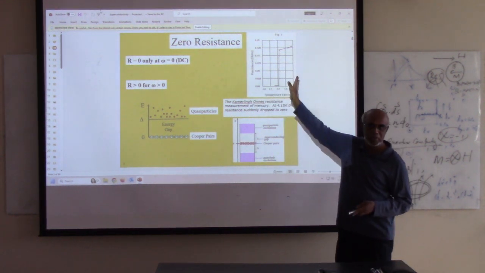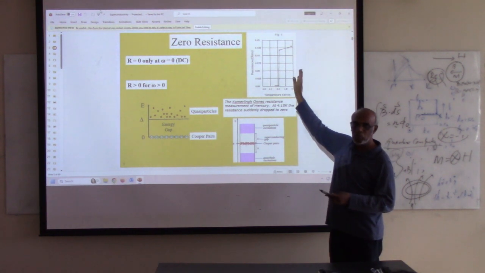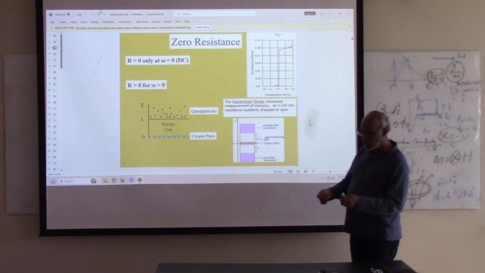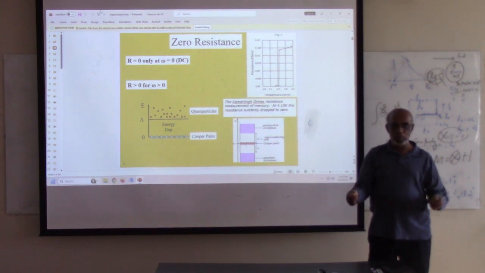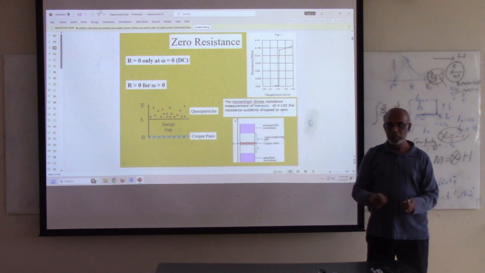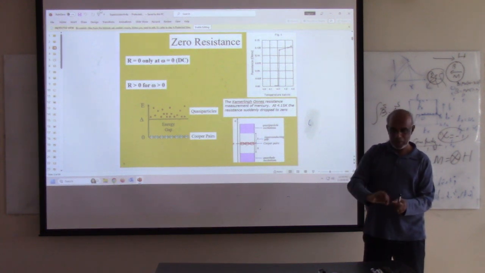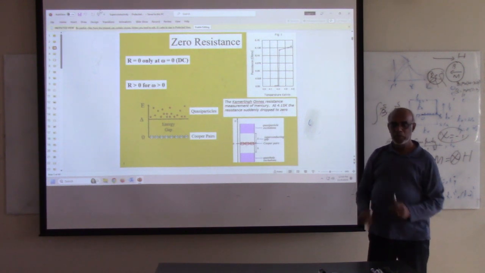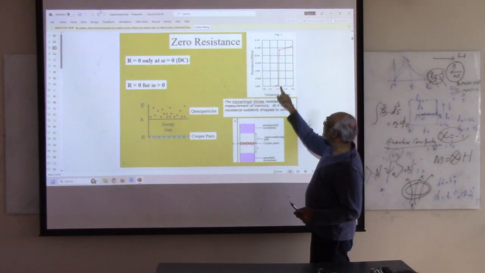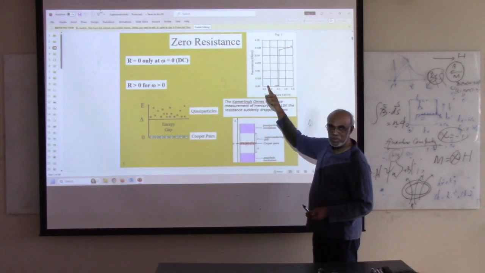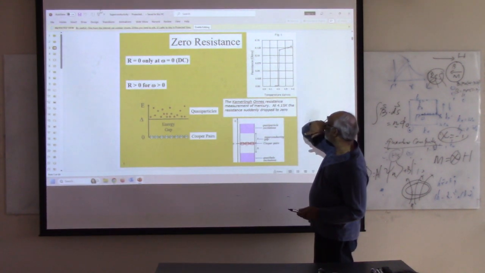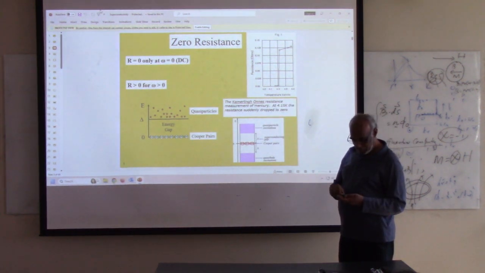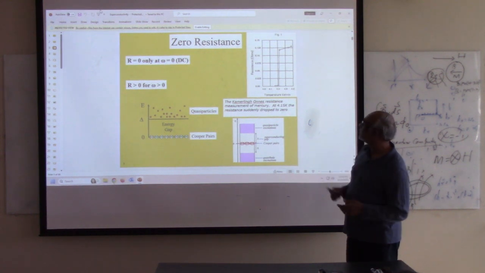Actually his student was, this is an interesting story, his student was doing the experiment in the lab at night. I don't know whether you're familiar with something called the Wheatstone bridge. Basically you have to change the length and make your current 0. When he was doing that, at this temperature the resistance went to 0. Immediately he called Onnes from the lab and said, I saw this interesting phenomenon. Then Onnes said, oh, you must have shorted your